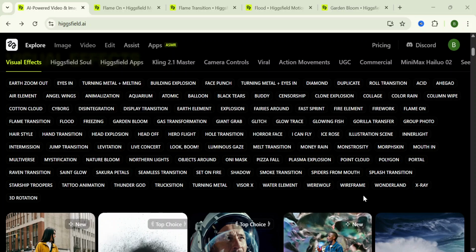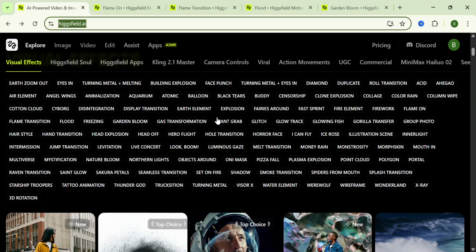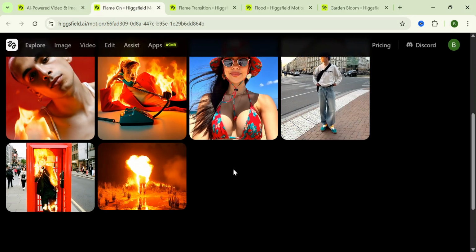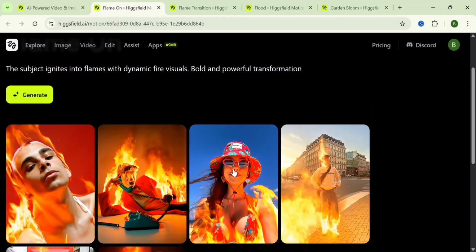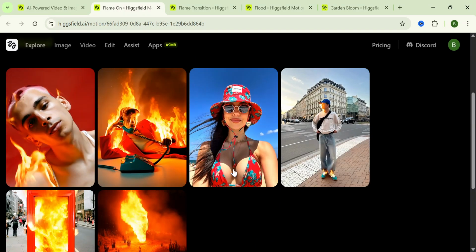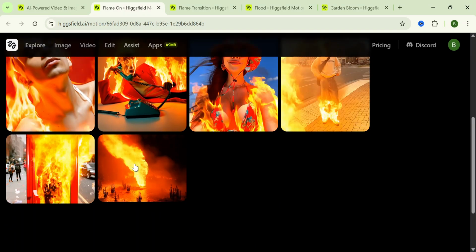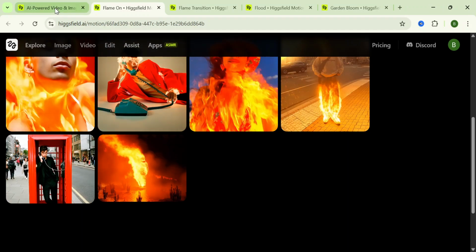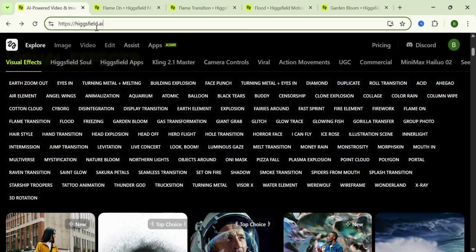I'm going to be showing you how to create flame on effects on Higgsfield AI. So suddenly the person bursts into fire. This is how this effect works. All you have to do is go to this website, higgsfield.ai, sign in, and after signing